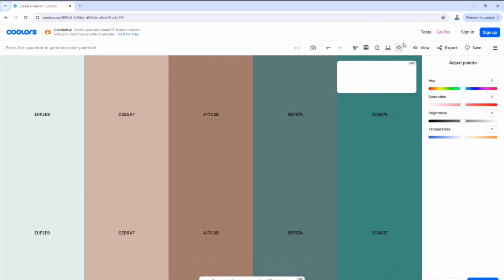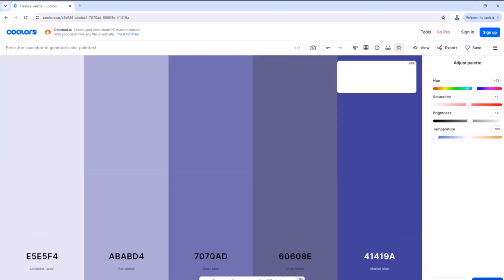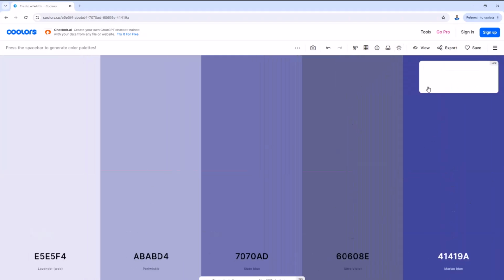When you click on this eye here and you select or drag to any color of your choice, it gives you the color at whatever you are selecting. So if I select this one and I click on apply, you will see that it gives me a color based on whatever I'm selecting. So you can decide to use this color, from dark to light, and you can use any of the colors you prefer.